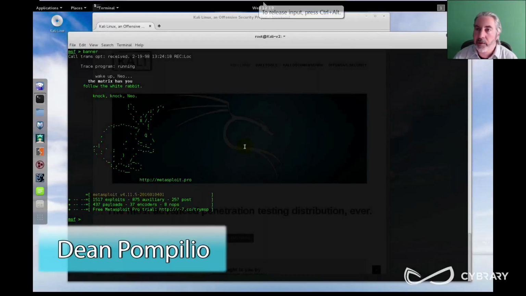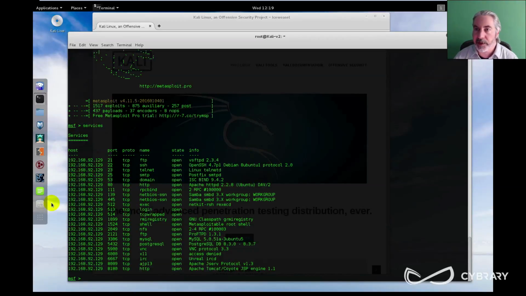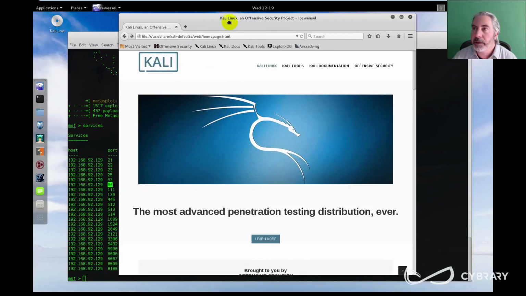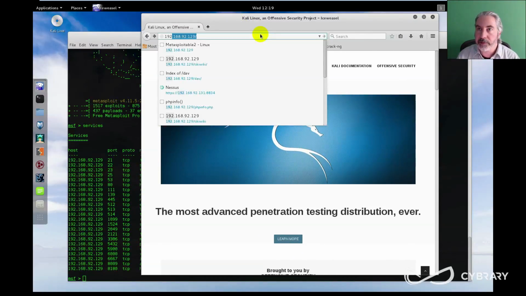Okay, so we know that our Metasploitable scan produced a list of services. We see that we've got port 80 listening here for HTTP. We also had a couple other things that were discovered during the scan, but port 80 is good enough to start with. So what we can try to do is go to our IP address,